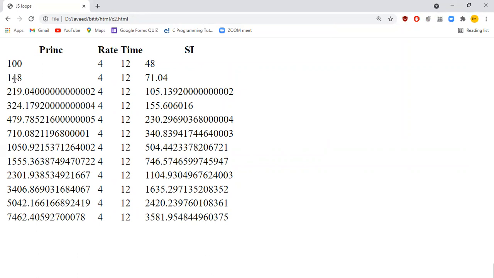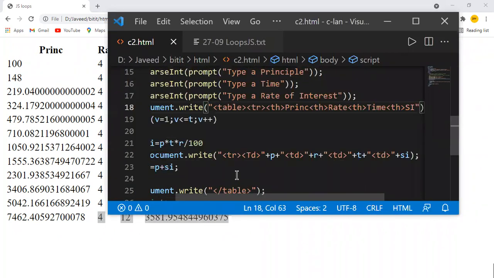So where 148, why has it been added? It's the simple interest for the last month, and now it is going to be added. Again, the simple interest has to be calculated for this value 148. Next time when I'm repeating it, this 71 also has to be added. It keeps on adding value like this. At the end of the 12th month, wait, the loop, it's getting wrong there.